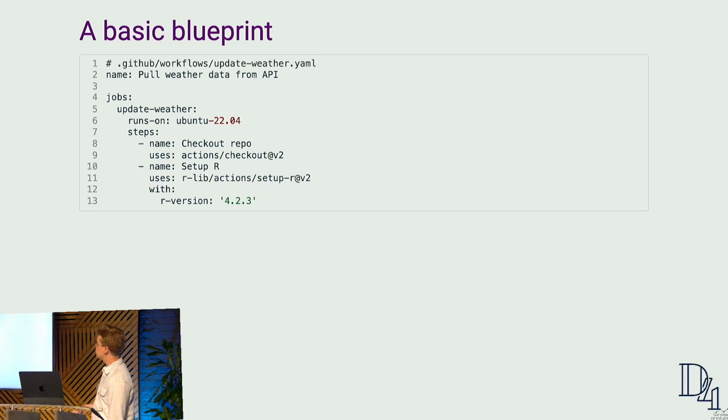And from here, since we're going to be running a .R script, we're going to use a community file from the r-lib actions called setup-r, and it's a v2 version. What this does is it goes out to the internet, downloads R, and installs it on our new Linux box. And here we're telling it, install 4.2.3, because that's what we use with our project.